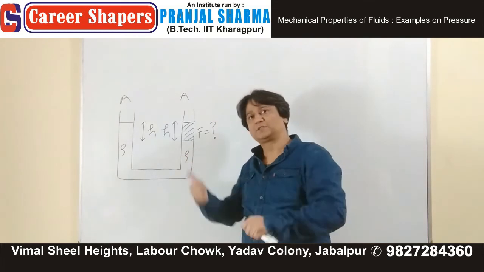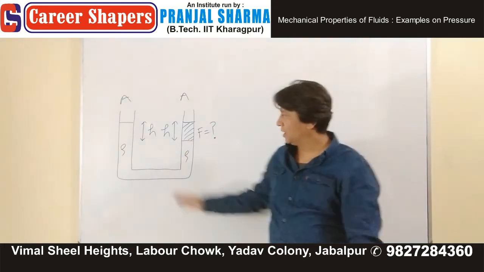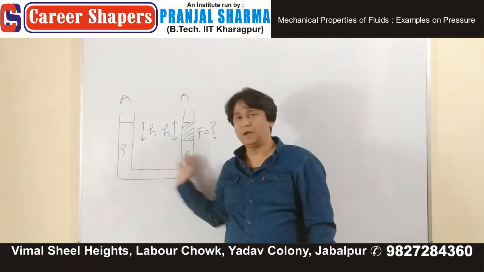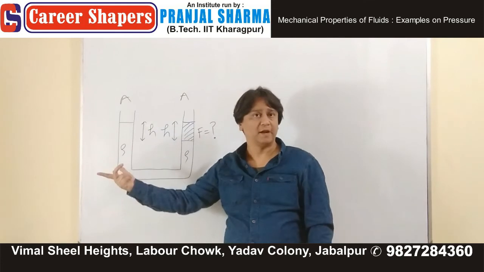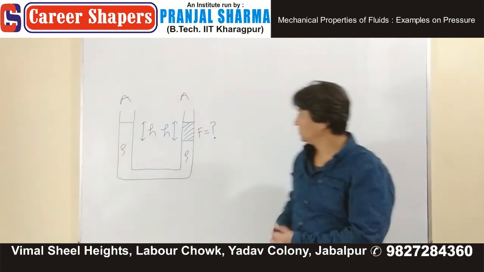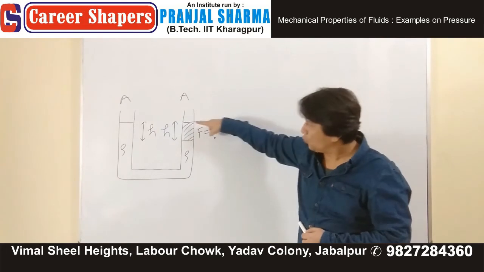Once you place this liquid of height h, the height in both limbs should be the same. This means the force which you are looking for is nothing but the weight of